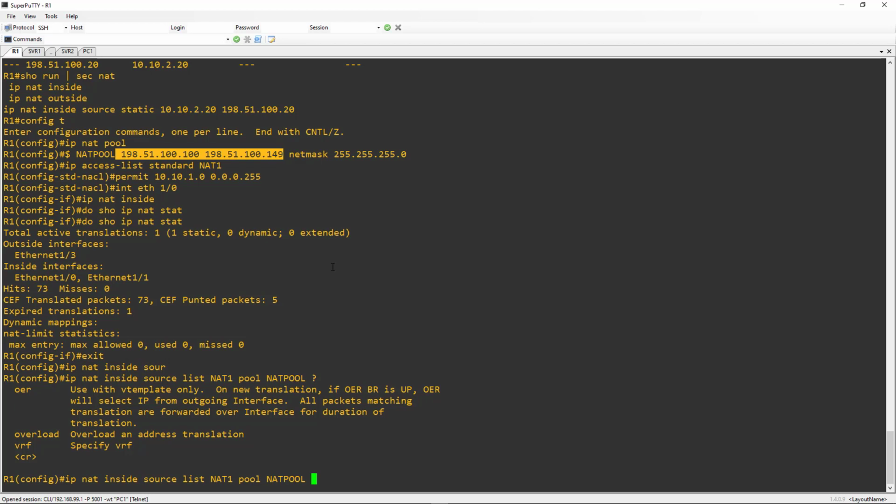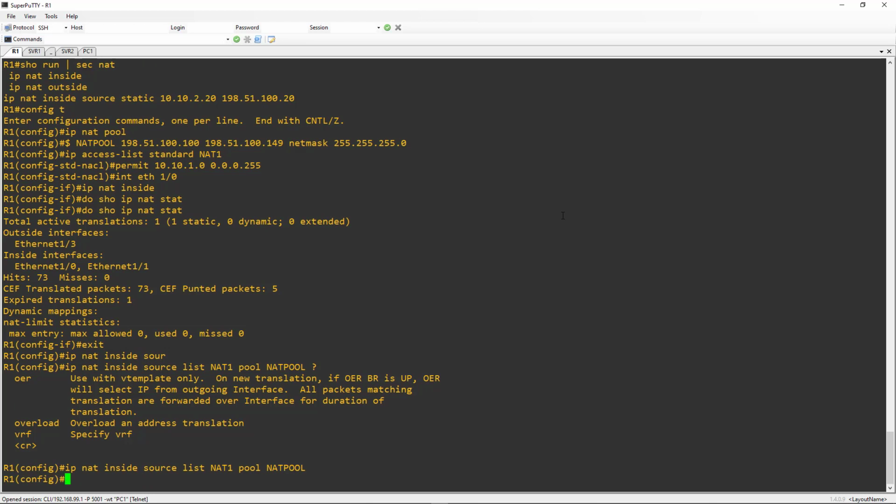If I were to use the overload keyword, we would actually use essentially port address translation for each of these 50 addresses. And that's really the most common use of dynamic NAT today, to overload a pool with the overload keyword so that we can in fact generate lots and lots of traffic. We're not going to do that in this case because we only have 2 clients that we're concerned about,